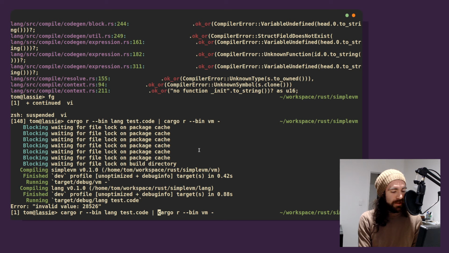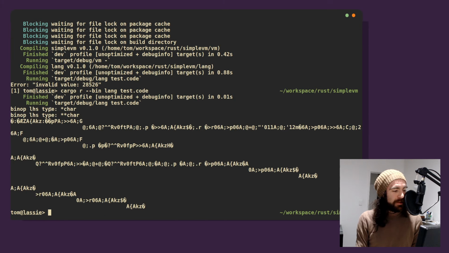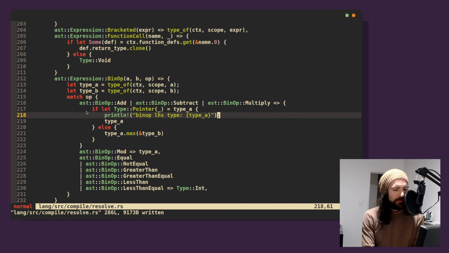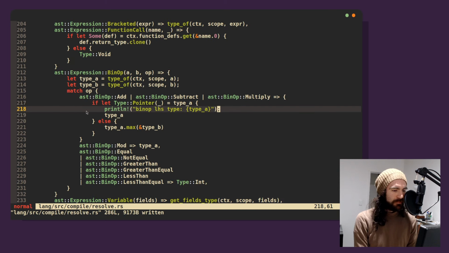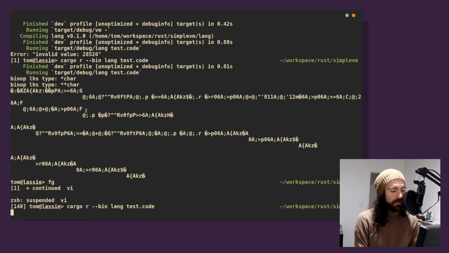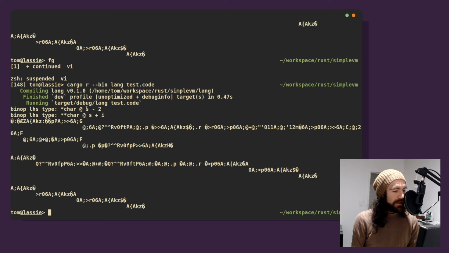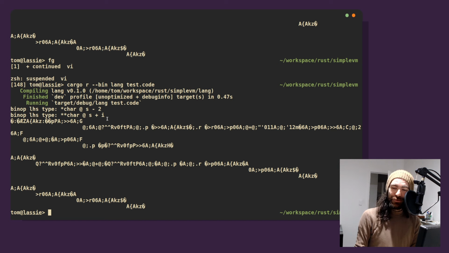And this says invalid value because of course it does, because we pipe everything in. Left-hand side has type char. What is going on here? S minus 2, S plus I, that's more interesting than I thought it was.